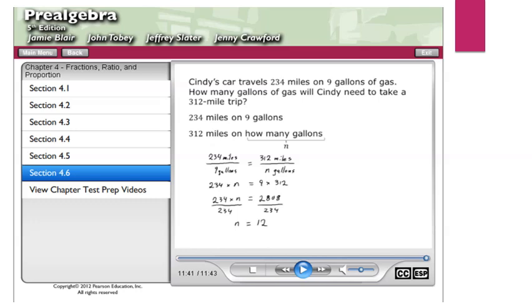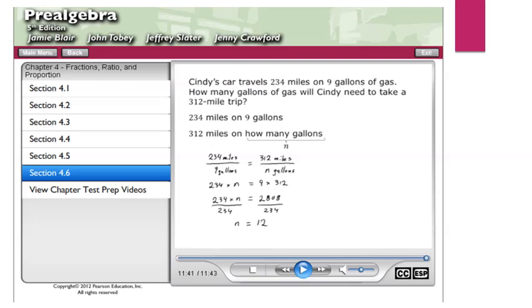Let's see. 234 divides evenly by 234. That leaves us with 1n or n. But on the right side, we need to see how many times 234 goes into 2,808. Well, after we do the division, we realize that it goes in evenly, and it goes in 12 times. So if we look back in our word problem, and we look to see what it is that we were told to find, we needed to see how many gallons of gas Cindy was going to need to take a 312-mile trip. Well, we know, because we just worked it out, that she needs 12